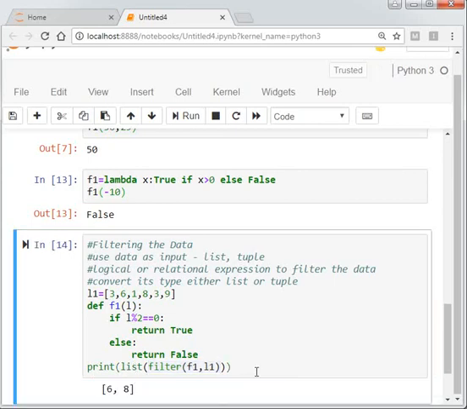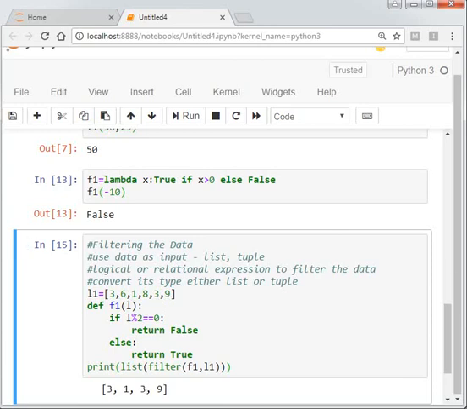Okay, so I can run it. Here you can find 6 and 8, both are even numbers, so it returns only even numbers. Okay, so suppose you used false here in place of true, and true in the other case. So what will happen? Only odd numbers will be returned, because this is the odd case. So numbers like 3, 13 and 9, these odd numbers will be displayed.